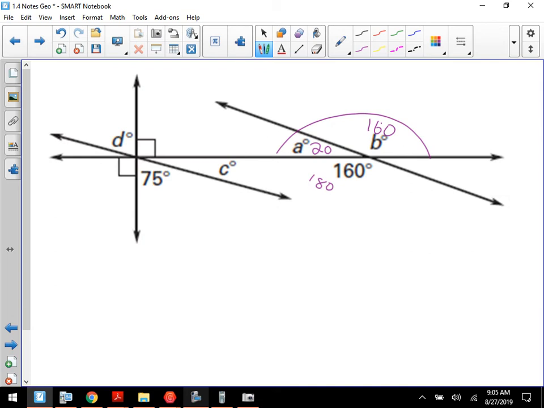Hey, that's kind of weird. What would be the other angle that's not labeled then? 20. Now, what happens here is this is another angle pair relationship, and we'll define this